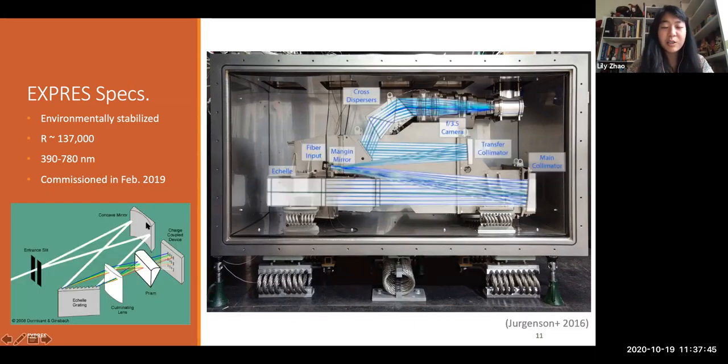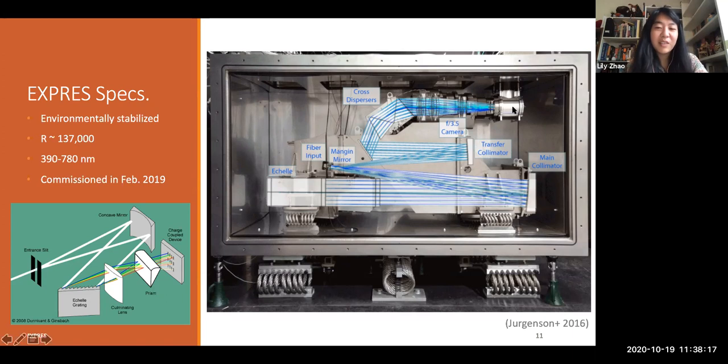And so if you look at the cartoon from before, we can match up the parts to the EXPRES spectrograph. We have the fiber input here, so that's the entrance slit, where the light enters. It hits our main collimator, which is a concave mirror that causes the light to come out in parallel arcs. It hits the echelle grating, which was the price of my childhood home, before it bounces through a few optical paths just to fold the light, goes through a transfer collimator, which lines up all the lights, and goes through these cross dispersers, the size of my head, to finally hit our detector back here.